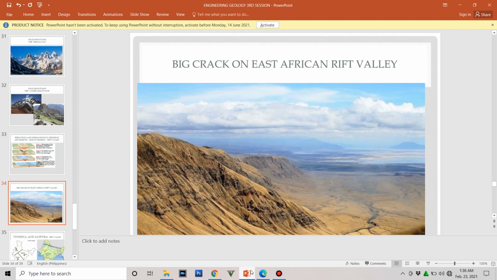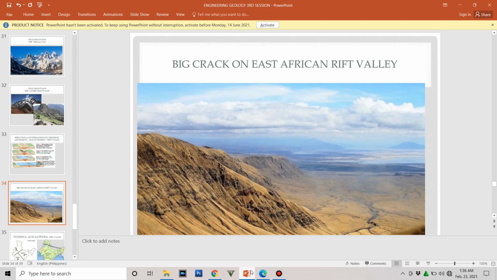So maghihiwalay yan, it will result to a new ocean basin. So basically, yung tinatawag na continental rifting or the Rift Valley requires the existing of extensional forces great enough to